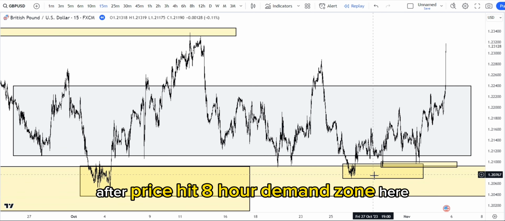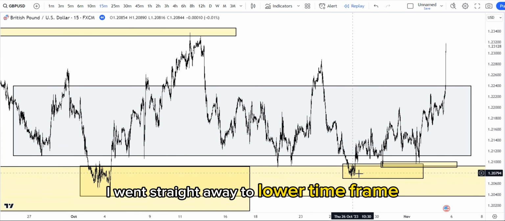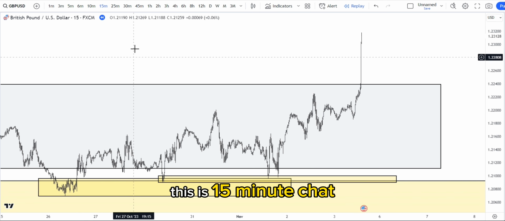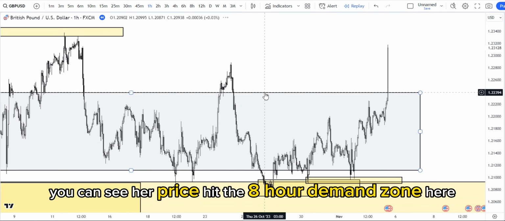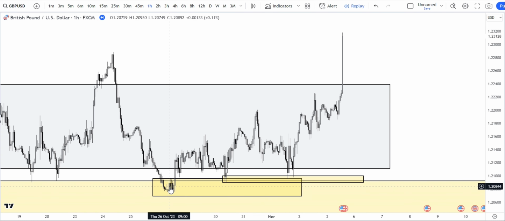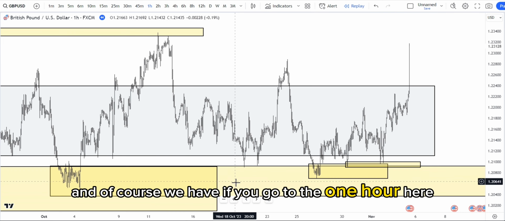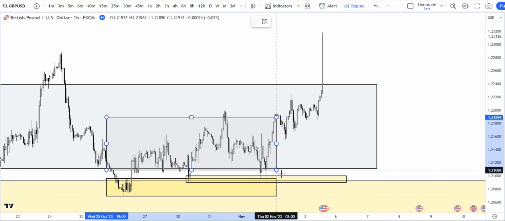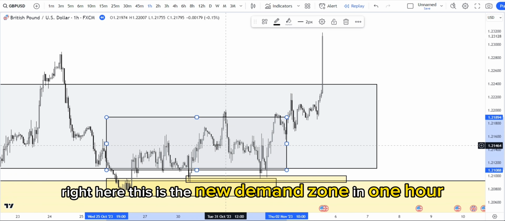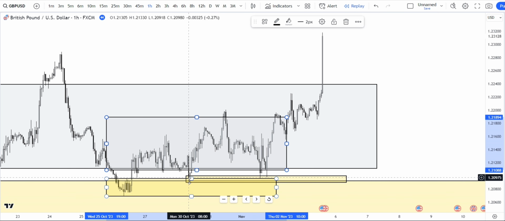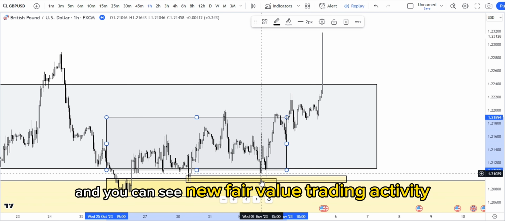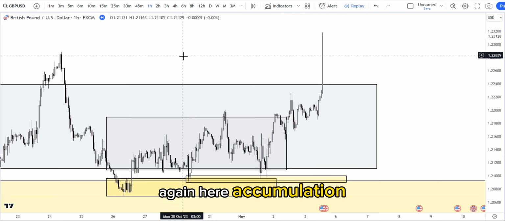So after price hit the 8-hour demand zone here, I went straight away to a lower time frame to have a good setup. This is the 15-minute chart. You can see here price hit the 8-hour demand zone here, and of course if you go to the 1 hour here, you see a good demand zone right here. This is the new demand zone in 1 hour that went into the 8-hour,